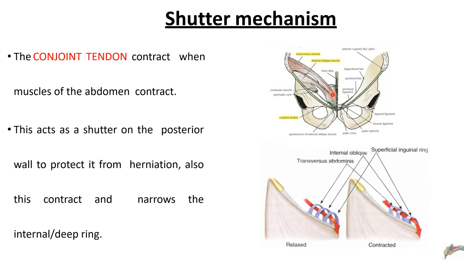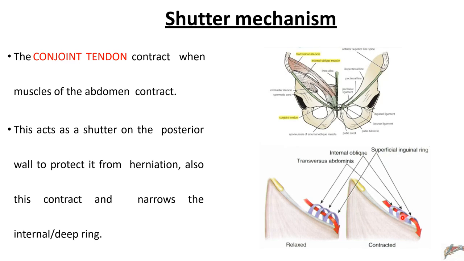This conjoint tendon is going to narrow down the canal, but also the deep inguinal ring. And that, as you can see, reduces the space in the canal and limits chances of herniations occurring. So normally, anatomically, that's how herniations are prevented from occurring within that weak area that we've called the